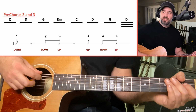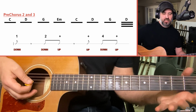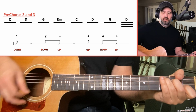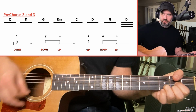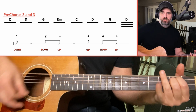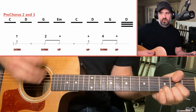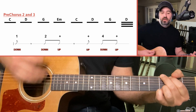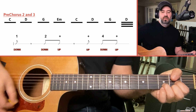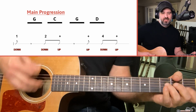Go ahead and do a pass through the 2nd and 3rd pre-choruses with strumming so you can kind of see what it sounds like and looks like. So C, D, G, E minor, C, D, G, D, D, D, and then main progression, G, C,